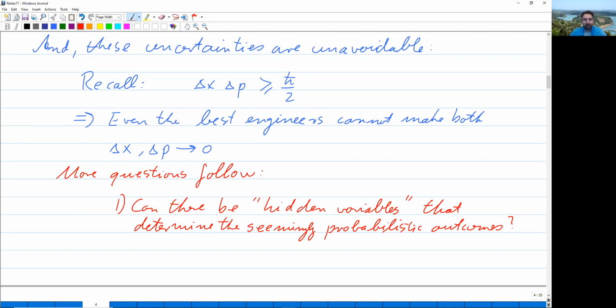For example, when a nucleus decays. According to quantum mechanics, it has no reason when it does decay. There is a reason for its half-life time, but when exactly a uranium nucleus decays, why it decays now, not 5 minutes later, is fundamentally undetermined. Anyway, we will come back to this question